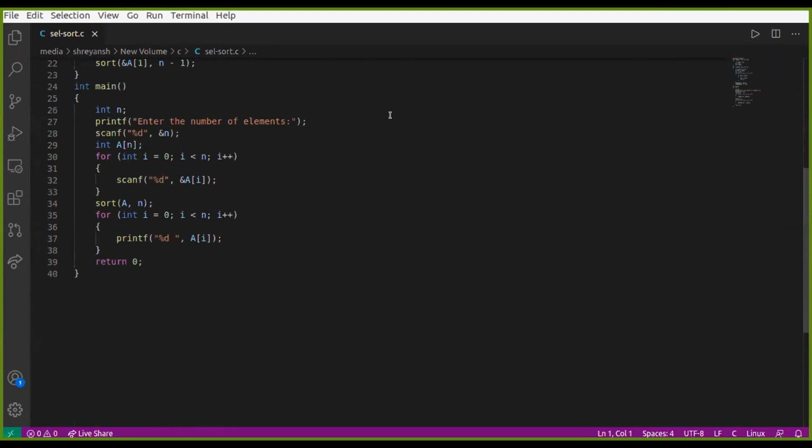On line number 24, you say printf, enter the number of elements. On lines 27 and 28, you read the number of elements. One point I would like to mention here: on line number 29, you are declaring int a of 10. It is okay, but